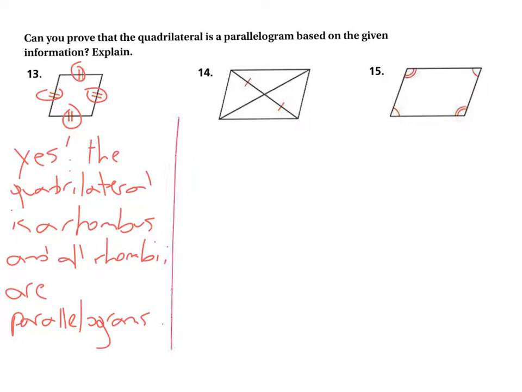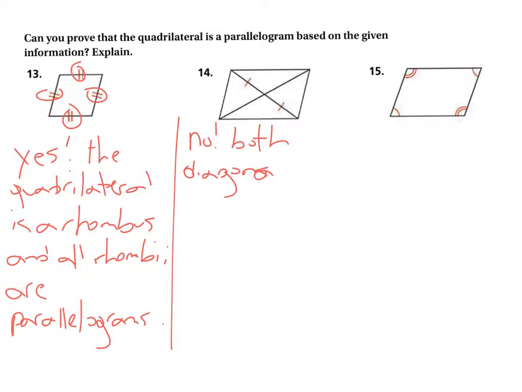Okay. So then for number 14, is this enough information? Let's see. We know that one diagonal is bisected. Do we know this other diagonal is bisected? We don't actually. We could have a situation where, let's say, this side and this side stuck out in such a way that that was not equal to that. So we need to have both sets of diagonals, and then we could say